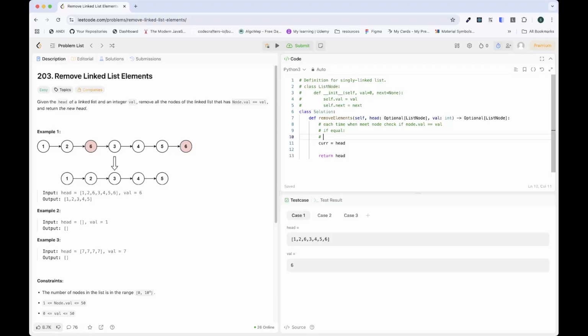So for example, for the first example, when we're traversing through 1, 2, 6, 3, 4, 5,